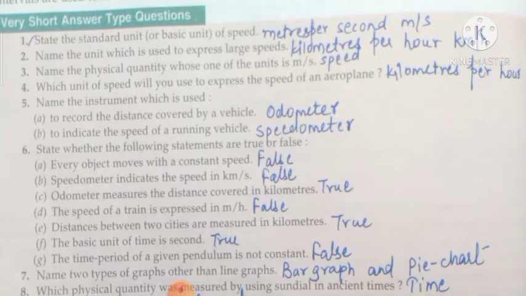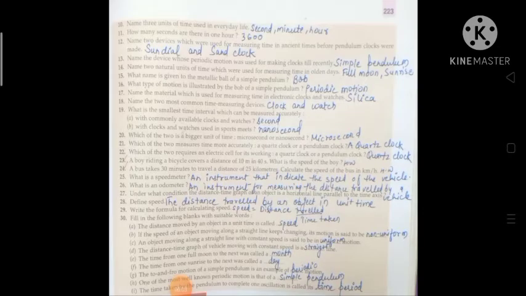Then seventh one. Name two types of graphs other than line graphs. Okay. So answer is bar graph and pie chart. Eighth. Which physical quantity was measured by using sundial in ancient times? Answer is time. 10th. Name 3 units of time used in everyday life. It is second, minute and hour. Okay. Now 11th one. How many seconds are there in 1 hour? That is